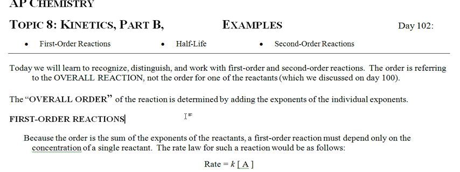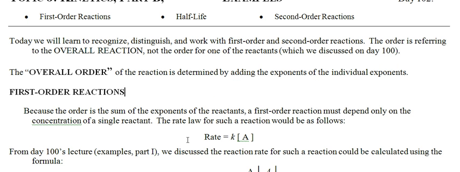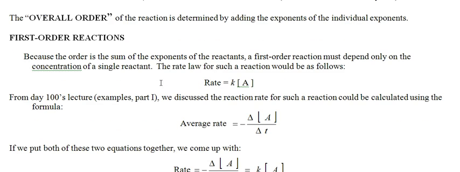So for an individual reactant, yes, you can only have 3 choices, or 3 choices that we care about for the AP exam. So when you are asked to determine the overall order for the reaction, add up all the orders. All right, we talked about first-order reactions or reactants the last time we spoke, and on the AP exam,